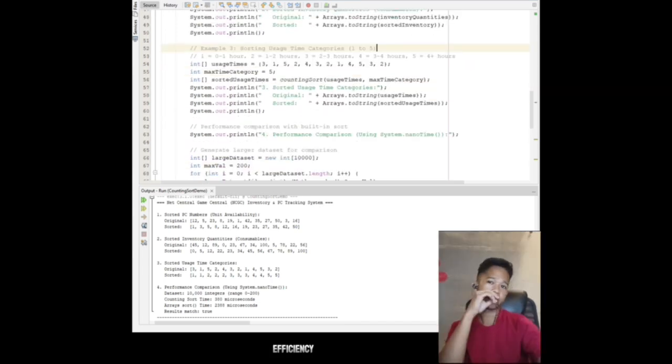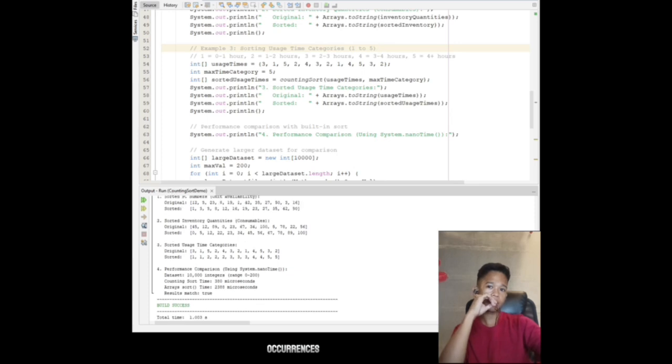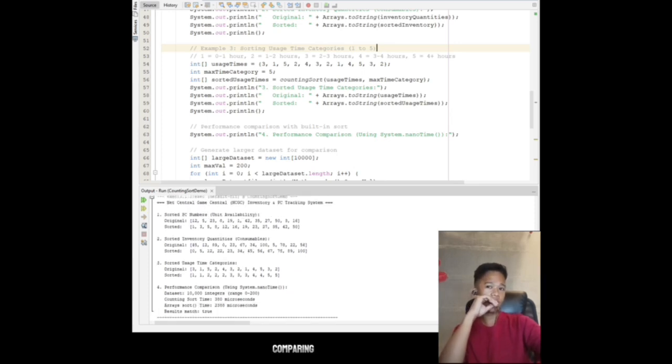Its efficiency comes from counting occurrences instead of comparing values. With O of n plus k time complexity, it can outperform comparison sorts when the value range is limited.